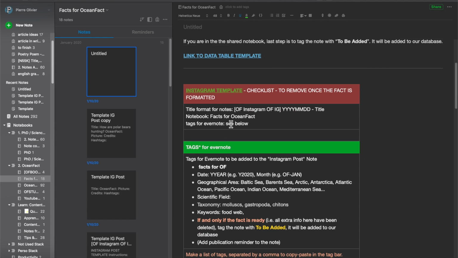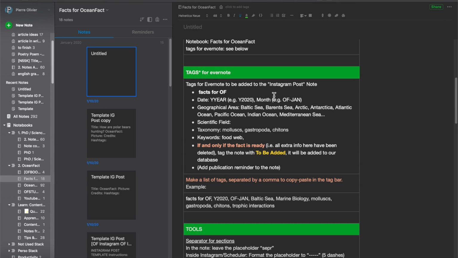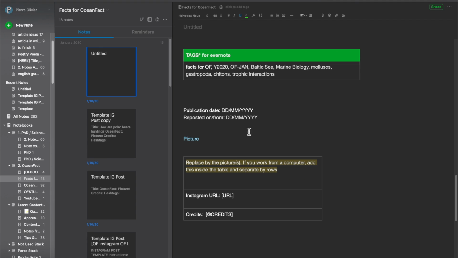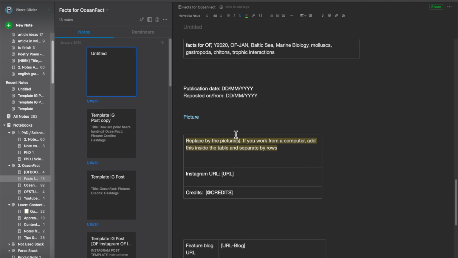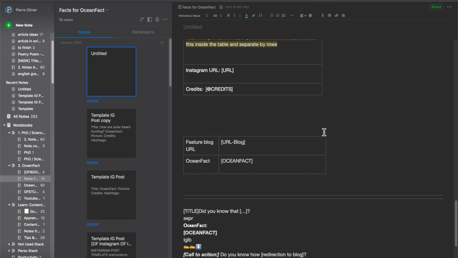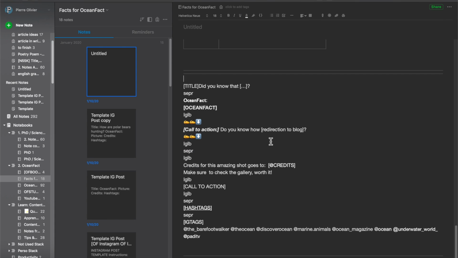The different pieces of information I need to gather, how I'm gonna classify the notes with tags and which notebooks, the different tools I might need, and then the post itself with information I need. So when I'm gonna publish it, what picture I use, if it's related to a blog post, and the post with the formatting itself. I use placeholders, so it's basically telling me that okay, here is gonna be where I will paste my fact or fill the template with the fact,